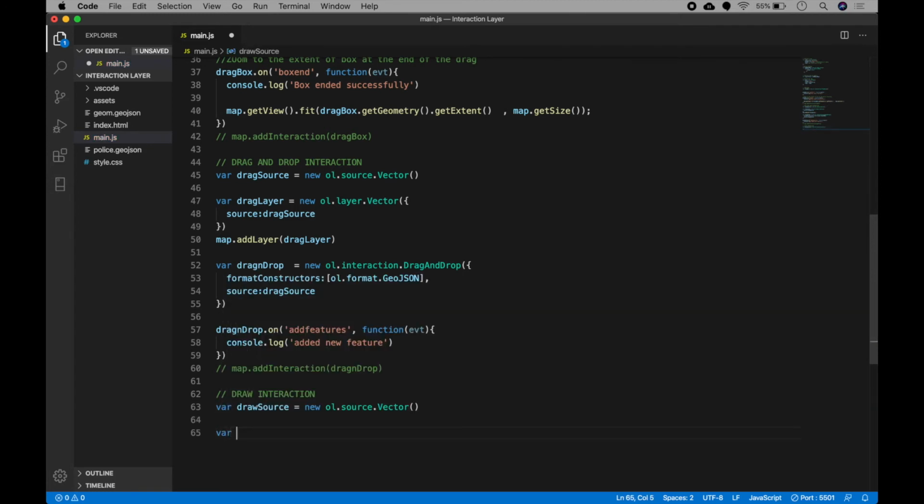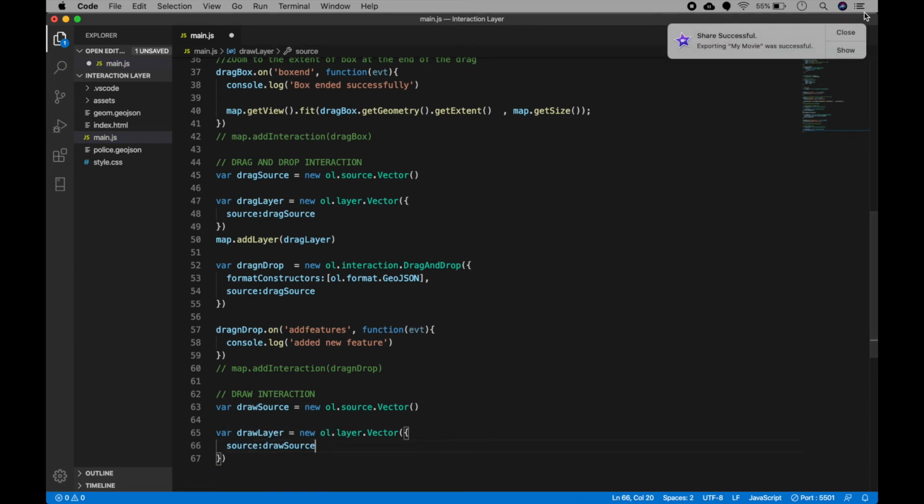And then var drawLayer equal to new ol.layer.Vector and source as drawSource. Of course you can style and do all the things that we did previously with our adding vector layer, such as creating conditional styling and all.